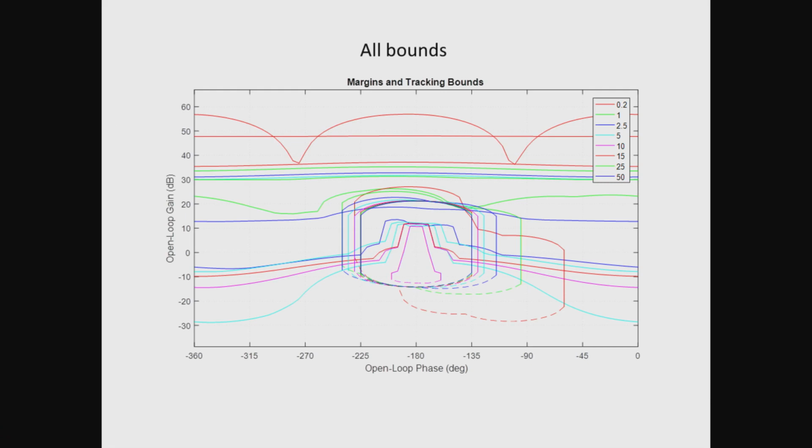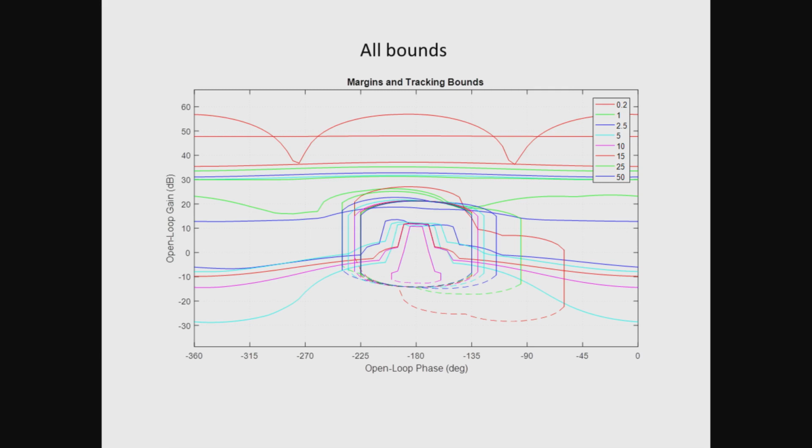So, after executing the function grpbnds, the output is plotted and it shows the bounds on the loop gain owing to robust tracking, output disturbance rejection and input disturbance rejection over the entire frequency vector from 0.2 to 50 radians per second. So, in order for our loop gain to satisfy simultaneously all the different performance and stability specifications at any particular frequency, it should lie in a region that is going to be the intersection of the permissible regions in which it needs to lie in order for it to satisfy each of the individual performance specifications.